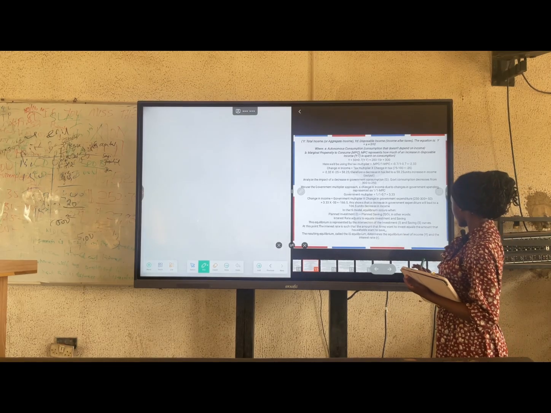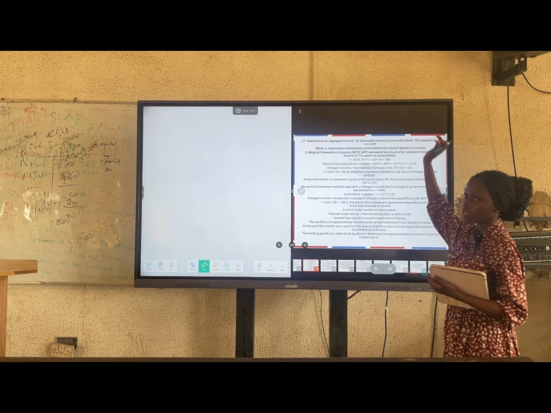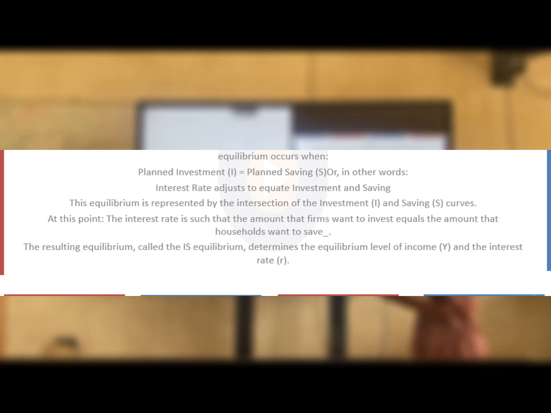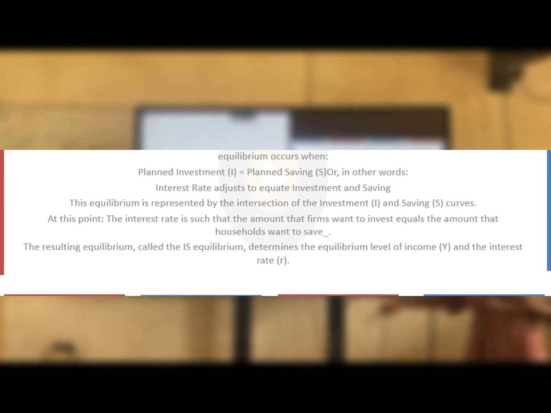Moving on, before I go on to the LM curve, I'm going to be explaining equilibrium in the IS market. So, in the IS model, equilibrium occurs when planned investment equals planned savings, which is when interest rates adjust to equate investments and savings. The equilibrium is represented by the intersection of the investment and savings curve. At this point, the interest rate is such that the amount that firms want to invest equals the amount that households want